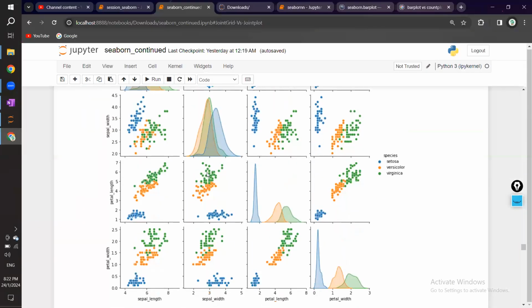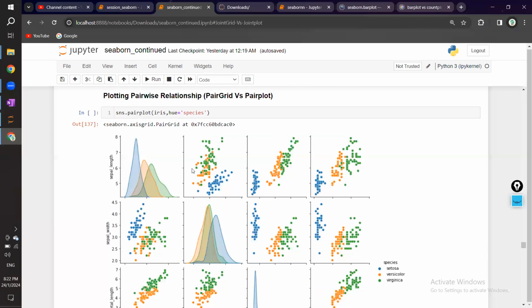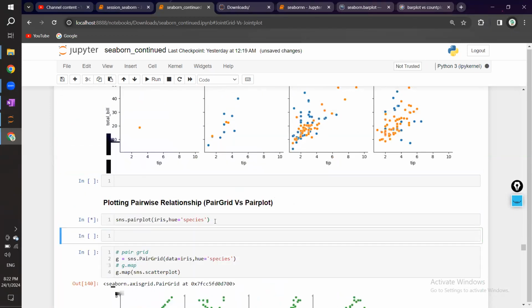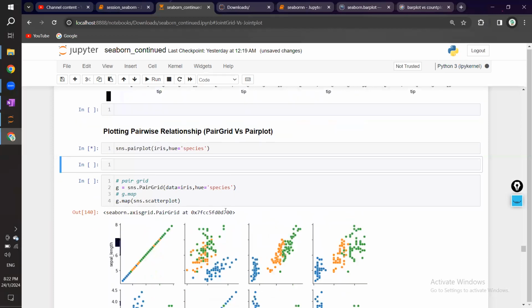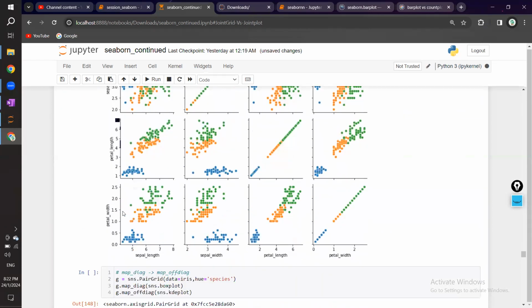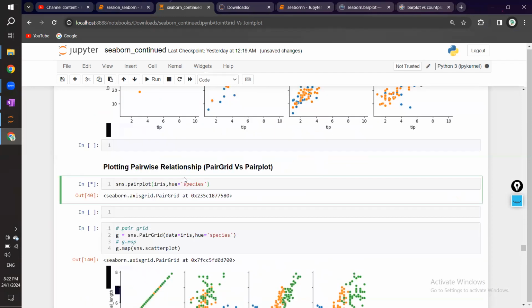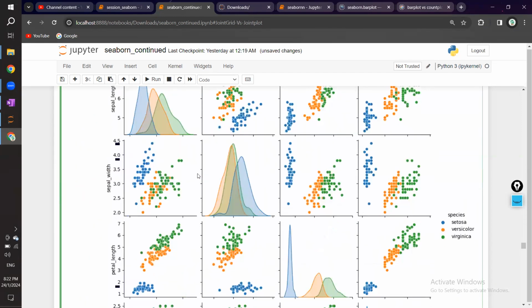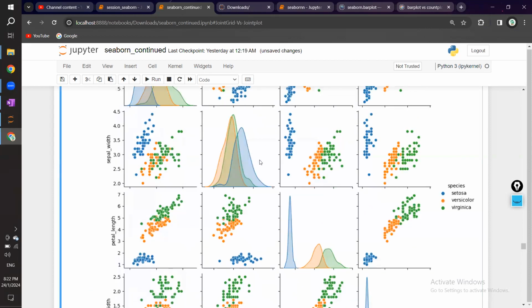As you can see over here, for example, if I just draw this, let me let it run. Here we are using the iris dataset. I hope you remember the iris dataset where we have these four columns: sepal length, sepal width, petal length, petal width, and the categories are three: setosa, virginica, and versicolor. So this is a graph. If I just save it,